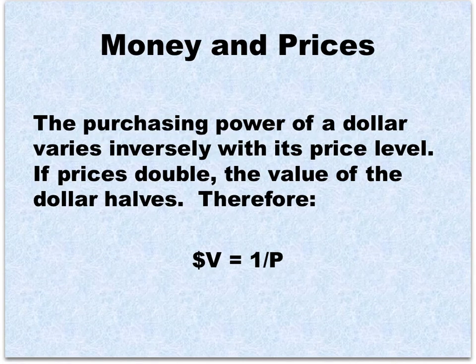All right, let's talk about money and prices. Don't worry about this formula here. It just illustrates the fact that the purchasing power of $1 varies inversely with the price level. If the price of a foot-long Subway sandwich increases from $5 to $10, clearly money must be worth half as much. Or if we double the amount of money, clearly each individual piece of money is worth half as much, and therefore Subway will want $10, not $5, for the sandwich. There's an inverse relationship between the prices and the value of money.